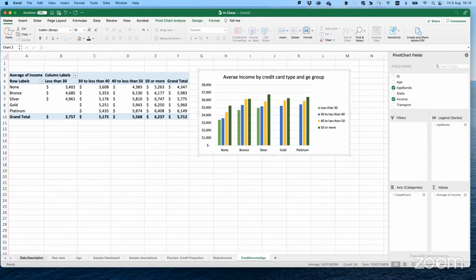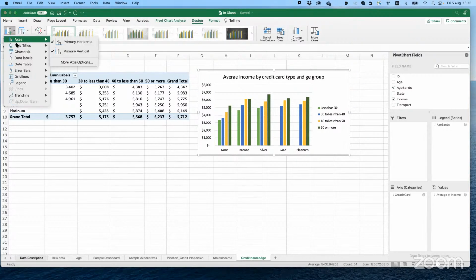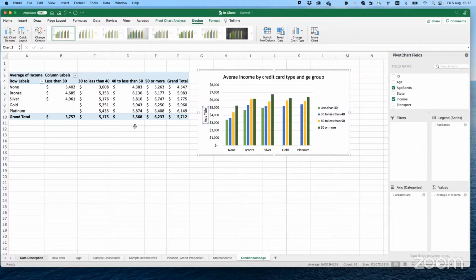You can add axis title, very good. For the horizontal, we don't need anything because it is clear that it is a credit card type. If you like, you can add. Going to design, add chart element, axis title, primary vertical, I can say average income.